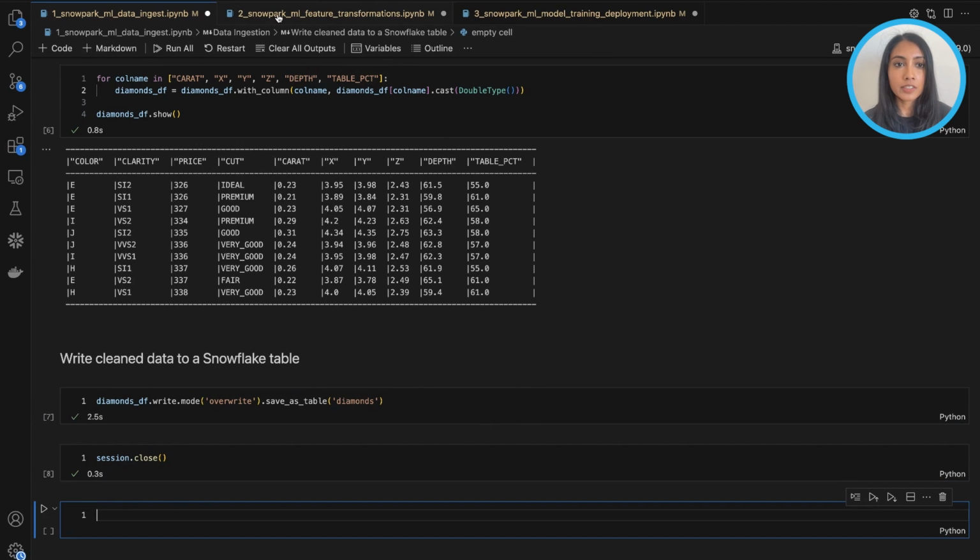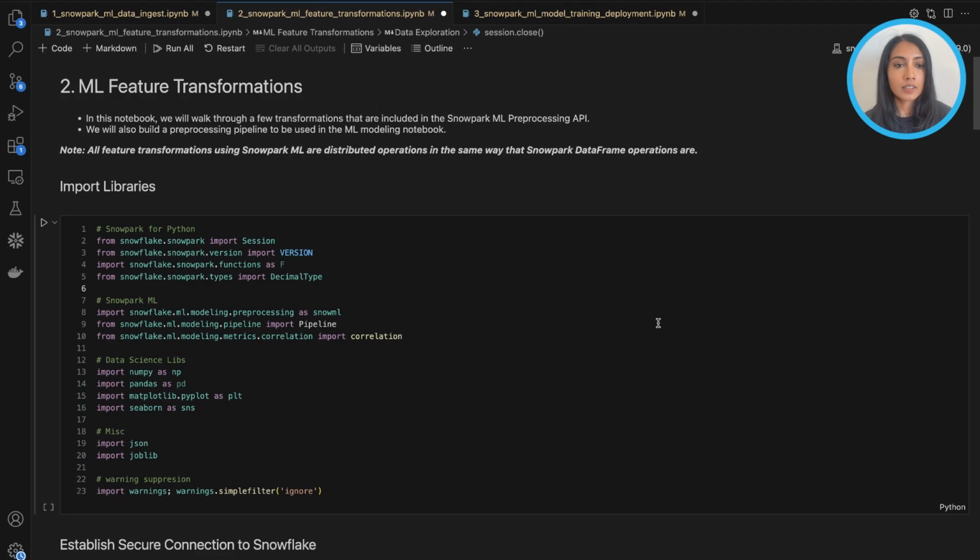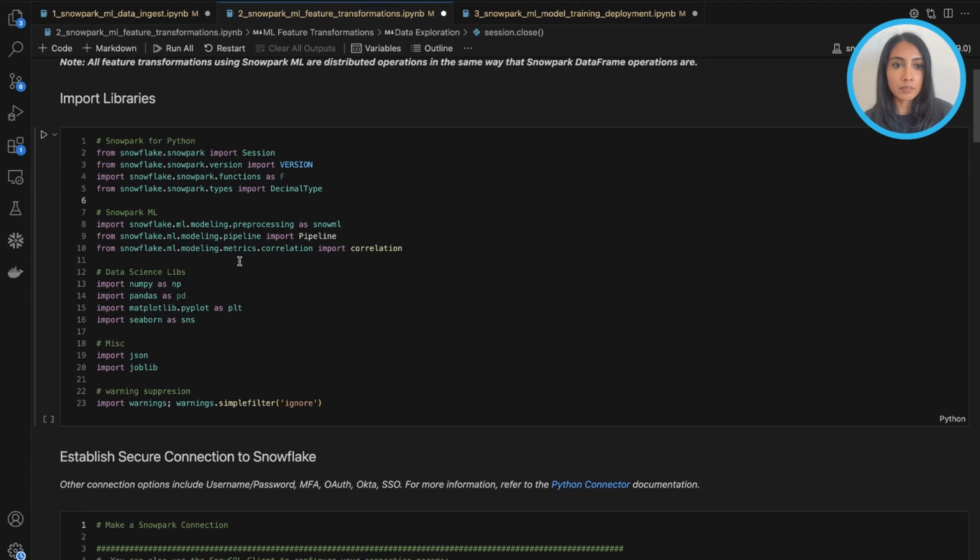Now let's switch over to the second notebook. In this notebook, we will walk through a few transformations that are included in the Snowpark ML pre-processing API, and we'll also build a pre-processing pipeline to be used in our third notebook when we go through the ML modeling portion. So to begin, again, we import all the necessary libraries,